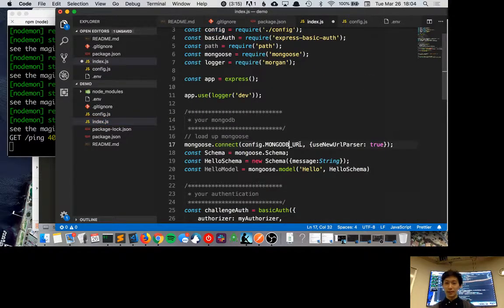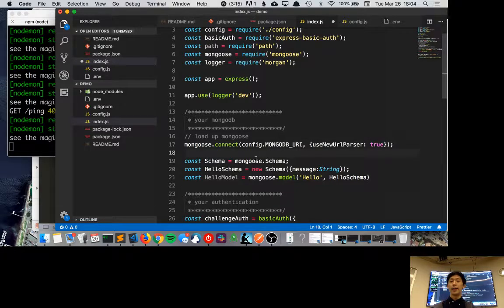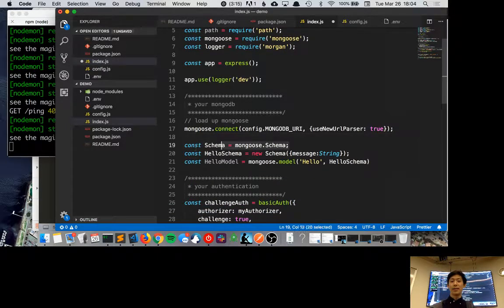Here it's URL, so let's change that. What this is doing at this step is saying connect to MongoDB. The database is running, which, as I mentioned before, is the server. So connect to MongoDB,